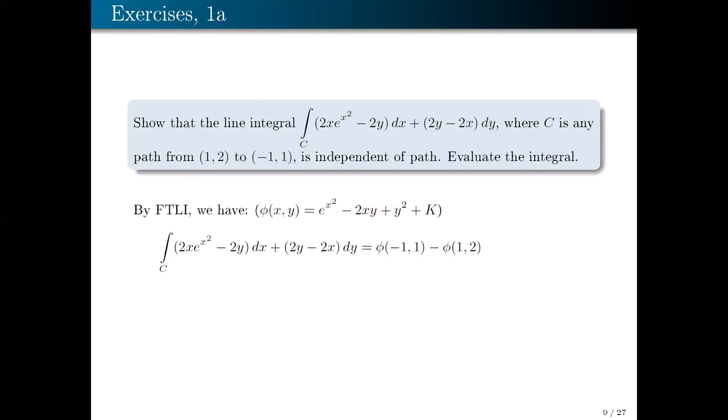At x equals negative 1 and y is 1, we have e to the 1 minus negative 2 plus 1. And then at 1, 2, we have e to the 1 minus 4 plus 4. And we just simplify that last line to get the value of the line integral here, 3. So the line integral given here, where C is any path between these two points, has value 3. All right, that's item 1A,